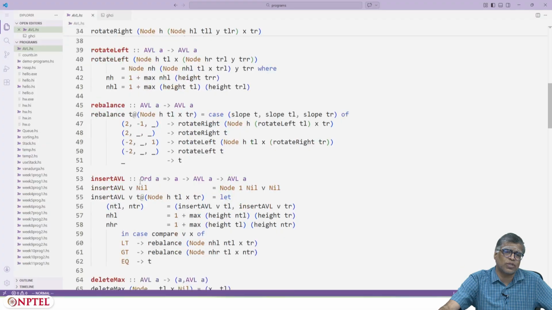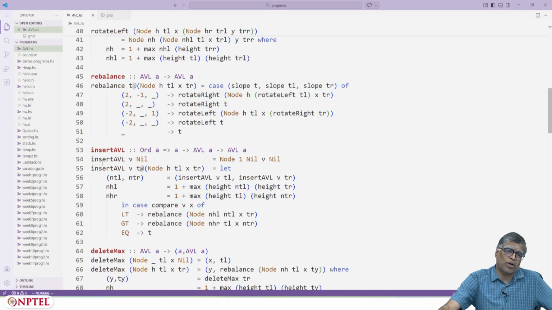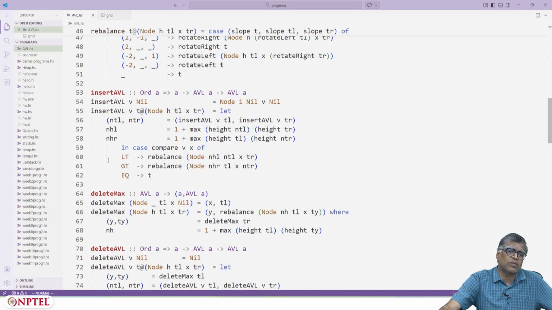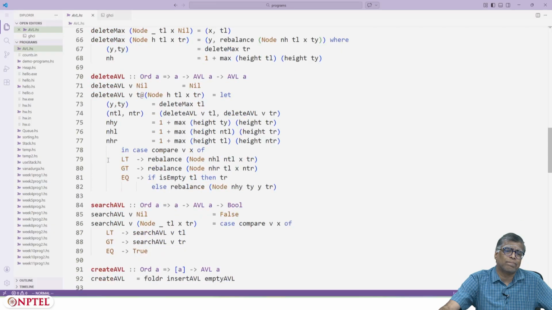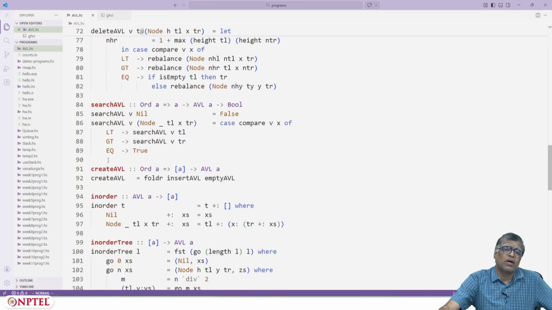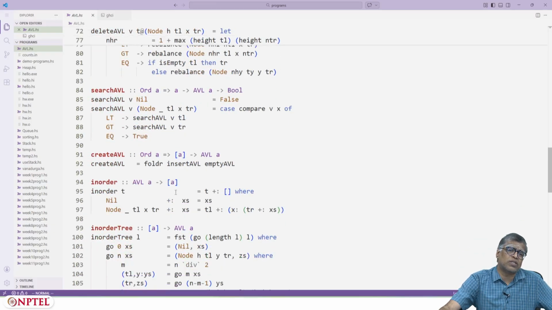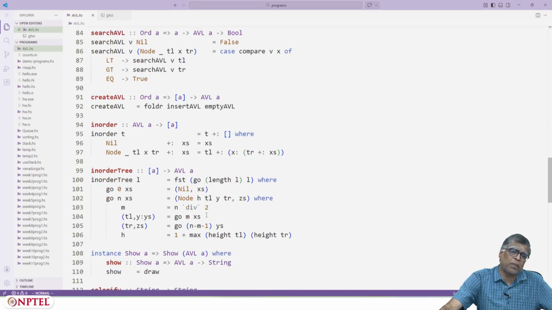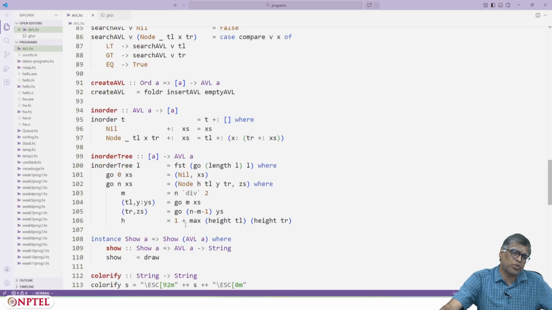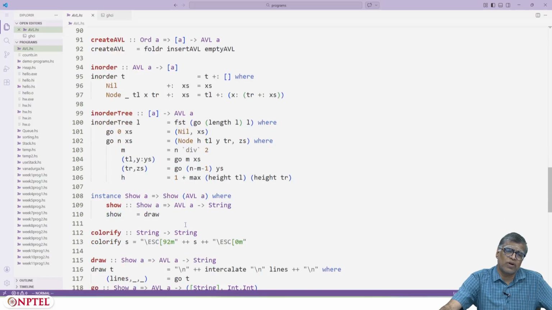Okay, all of these things we saw. Insert AVL also we saw, right? All these things we saw. Create AVL is just this. In order is just this smart in order which works in order n time, and this in order tree is also the smart thing which works in order n time.